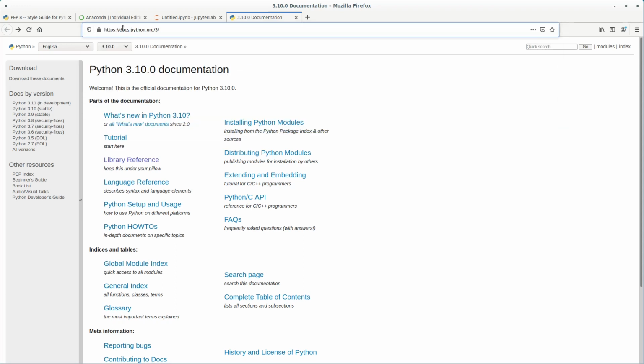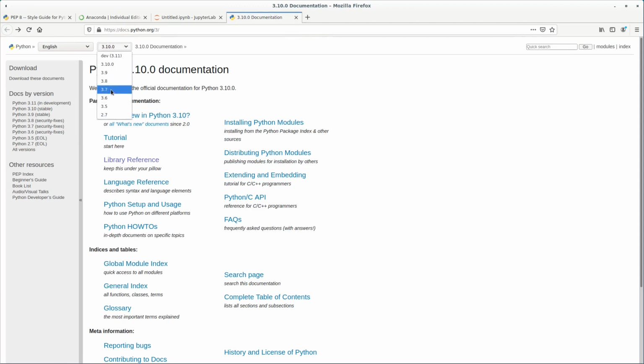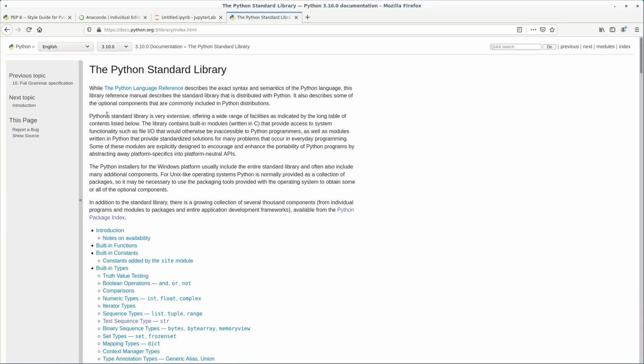So if you go to docs.python.org, you don't need the 3, you automatically get forwarded to the current version. You can also specify the version you are working with, but typically it's also specified in the documentation if something doesn't work for the version you're working with. But for the most generic stuff, there shouldn't be any problems. So let's click here on the library reference. Keep this under your pillow. Nice recommendation. So let's click here, the Python standard library,